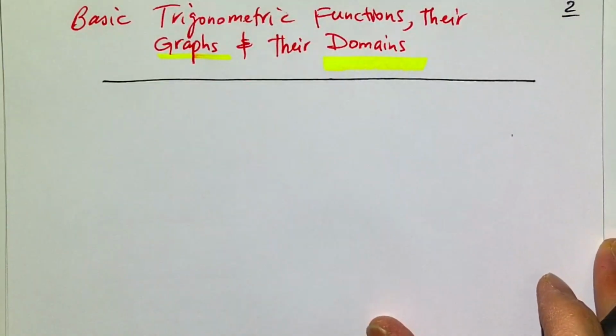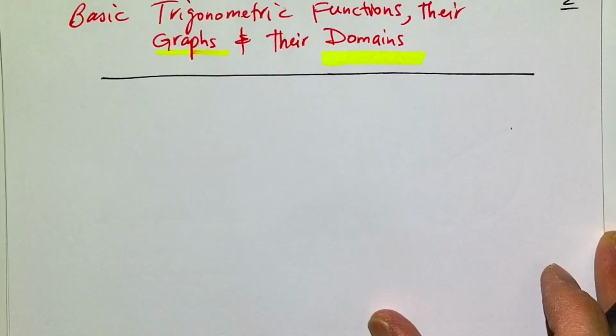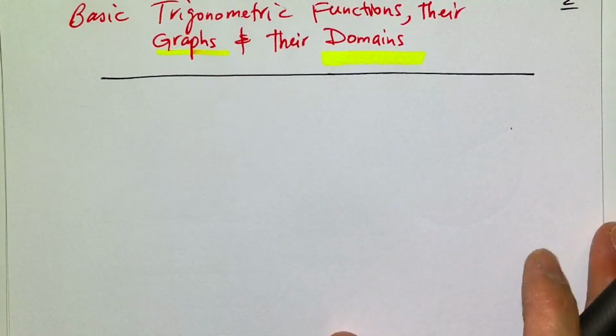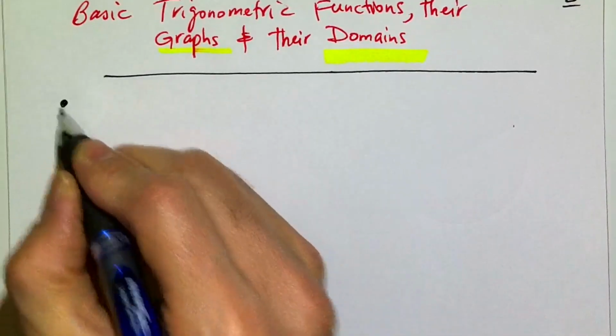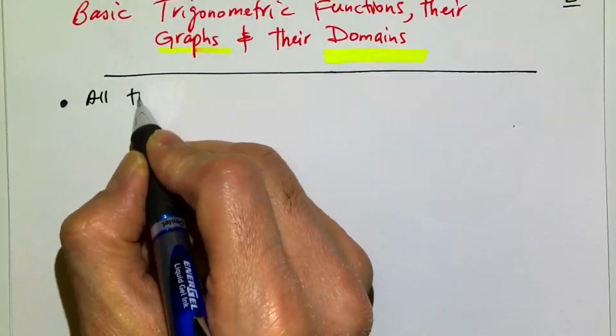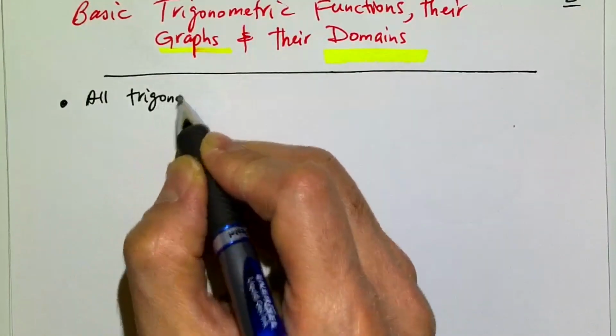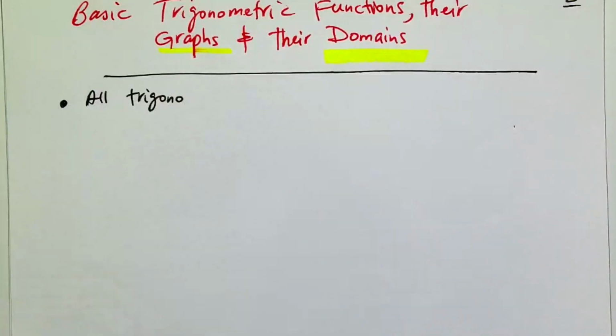Okay, so let's start with the basic and one of the most used ones, which is the sine function. Before that, let me make a note here that all trigonometric functions are periodic functions. Periodic means they repeat themselves infinitely many times. If you don't stop them, they keep repeating themselves in both directions on the x-axis, in the negative direction as well as the positive direction.